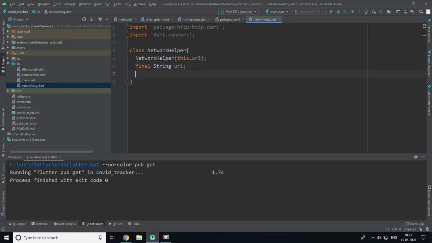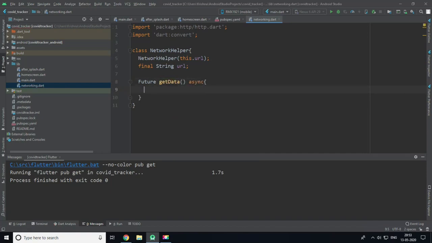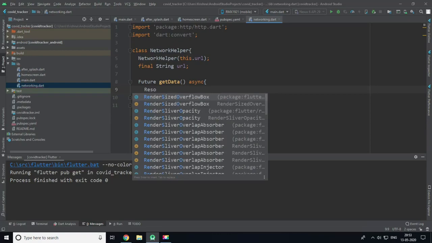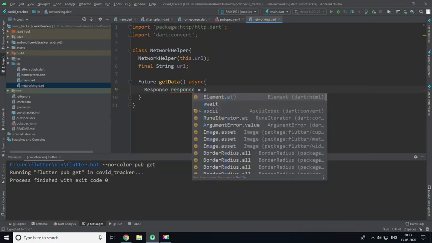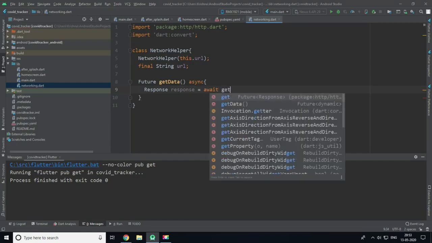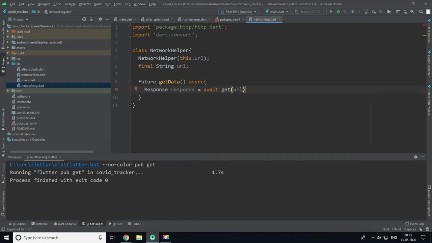Now I will create a Future type function called getData and make it asynchronous. I will create a response variable which is equal to await, to get the URL from the server.